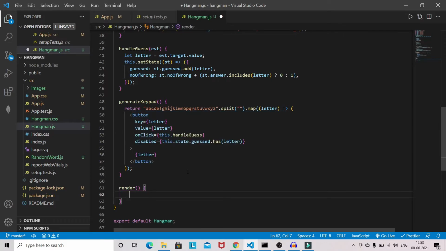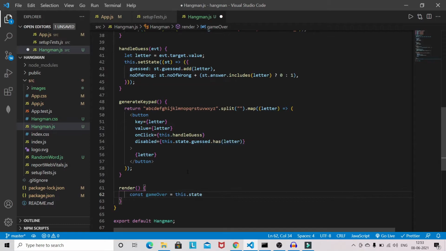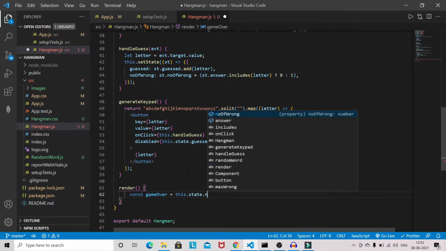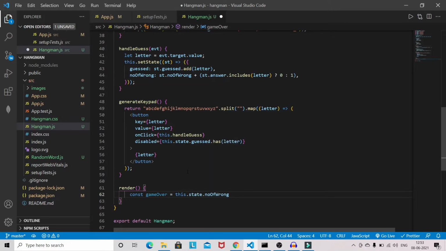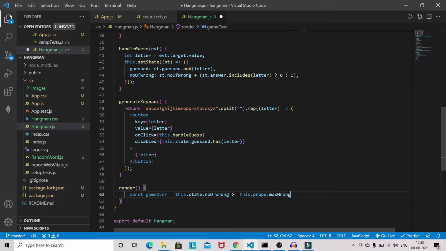So we will have gameOver: this.state.numberOfWrong is equal to this.props.maxWrong. Obviously if it's greater than or equal to, then we have to declare the game is over.